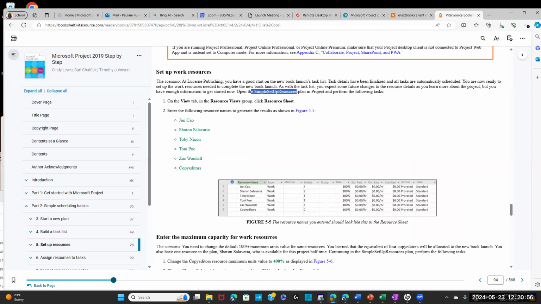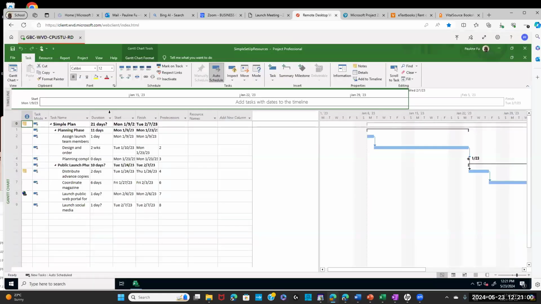See, this is not a blank file. Open the data file. The data file is located on OneDrive George Brown. The file name is Simple Setup Resources.